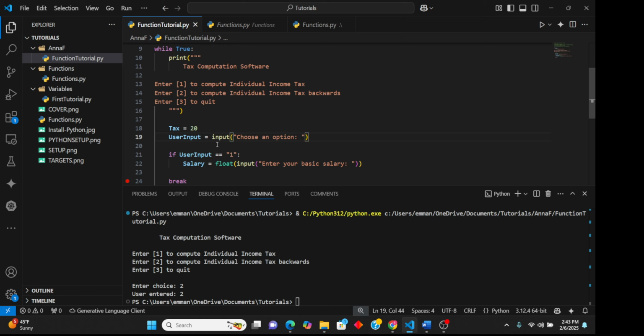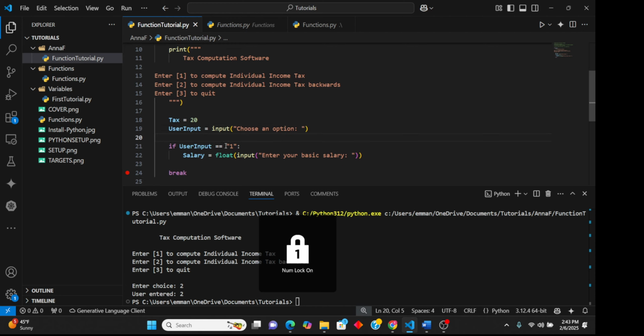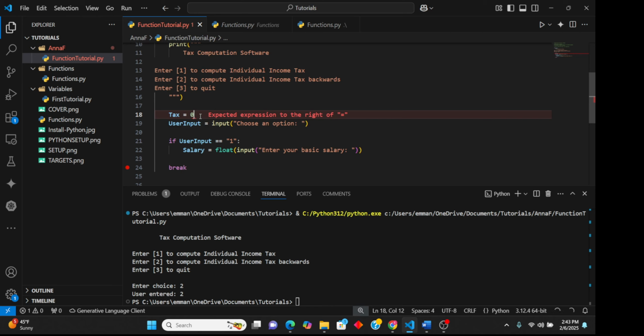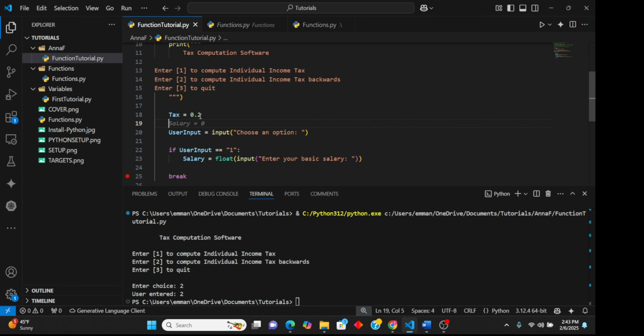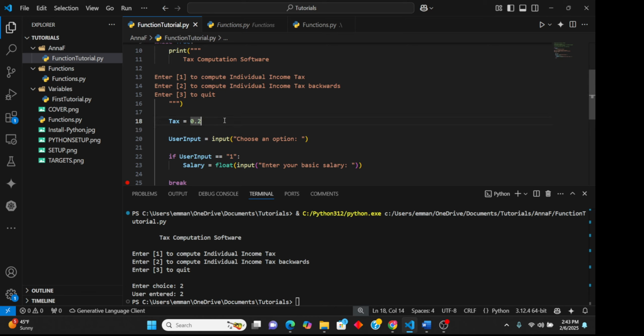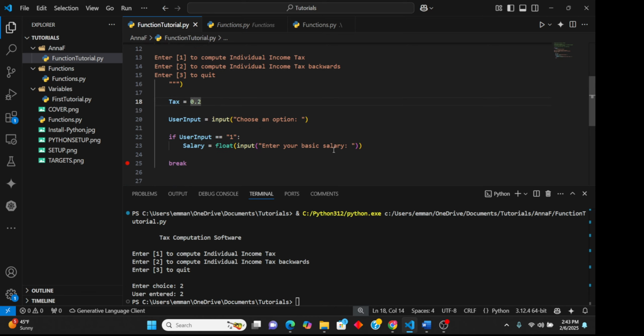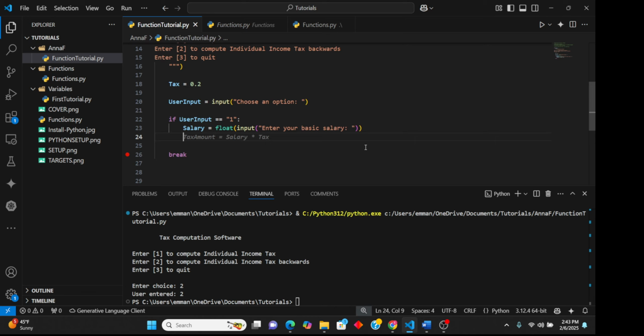Okay, so let's say our tax rate is 0.2. To make things simple, we shouldn't have a graduated tax rate. So if the user enters 1, it means the user wants to compute his individual income tax. Now what we are going to do is